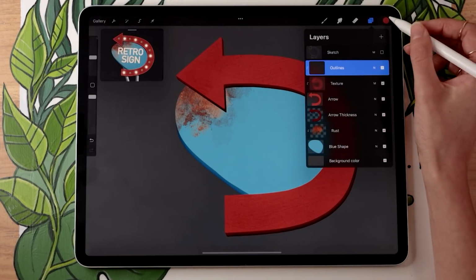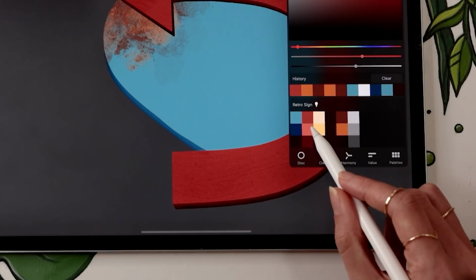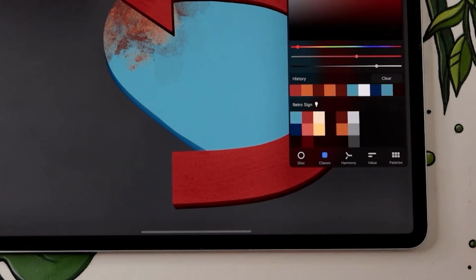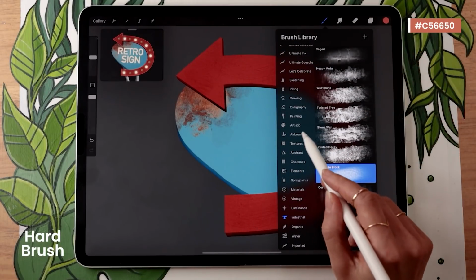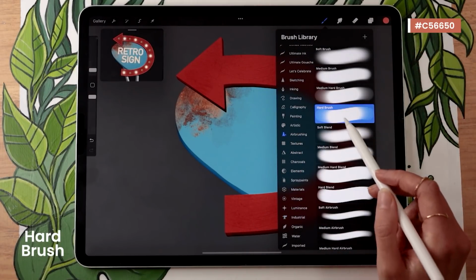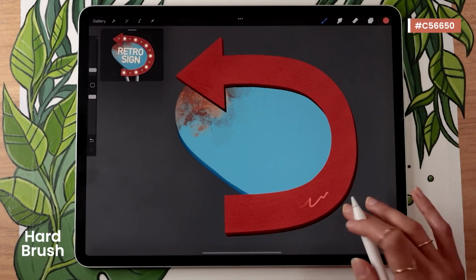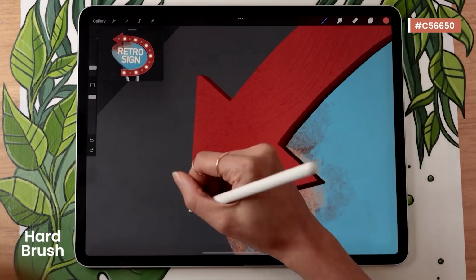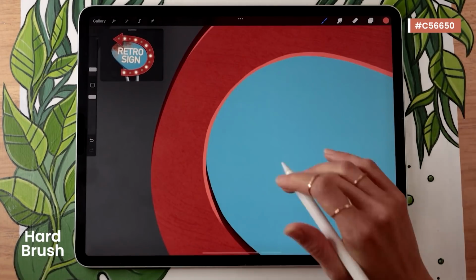Then very simple, you just pick a lighter version of the main color of that shape. In my case here in the color palette, it's going to be this kind of salmon pink right here. And then going back to the most basic brush we have in the airbrushing panel, the hard brush. You can then just do a few scribbles and play with the size of the brush until you have something that you like for your outlines. And then it's pretty straightforward, you just go around your shape and add some outlines.